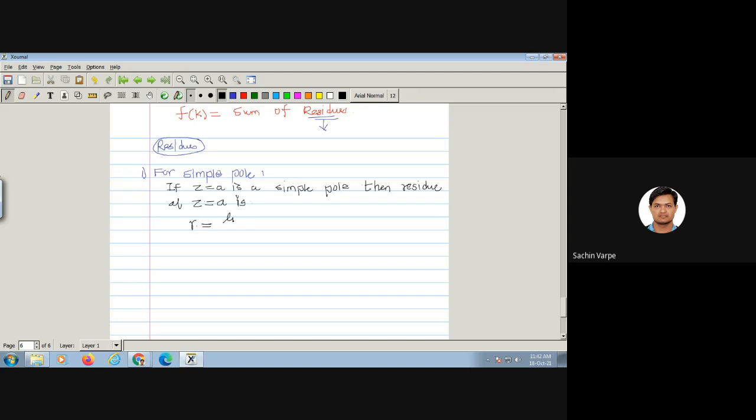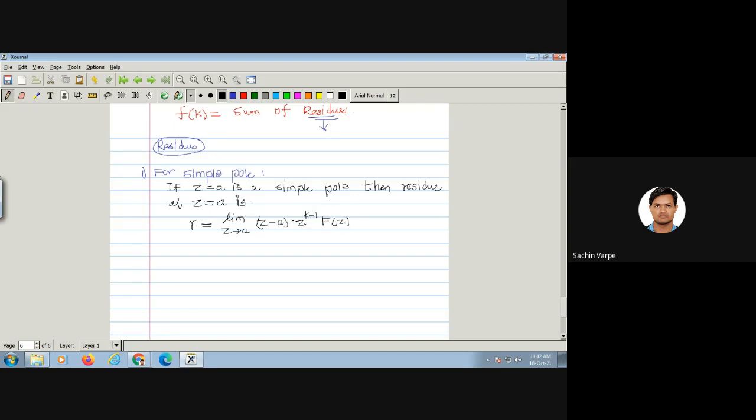R is equal to the limit as z tends to A of (z minus A) into z raised to k minus 1 into F(z),